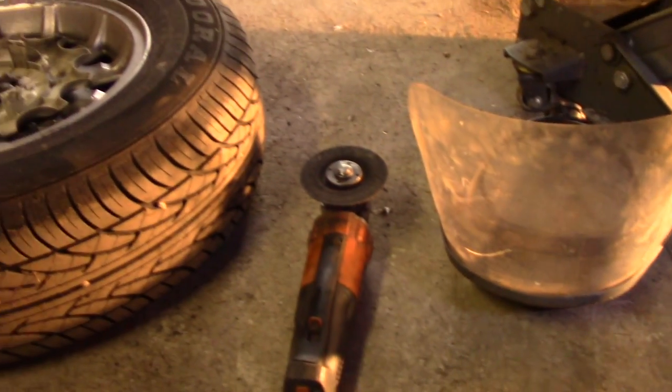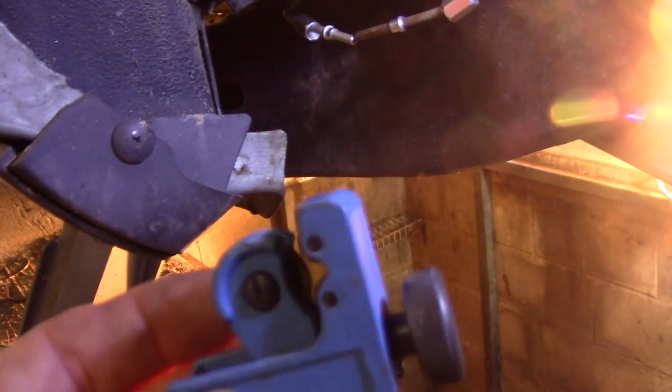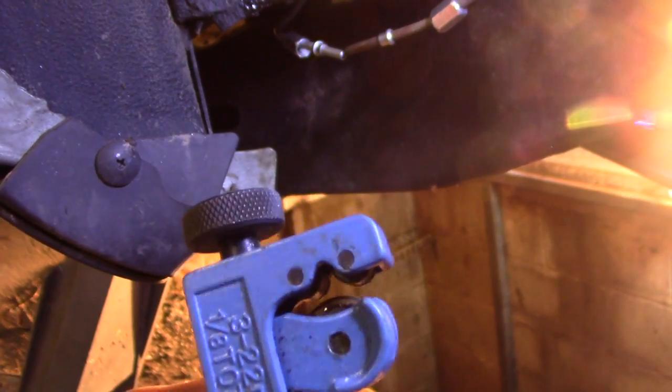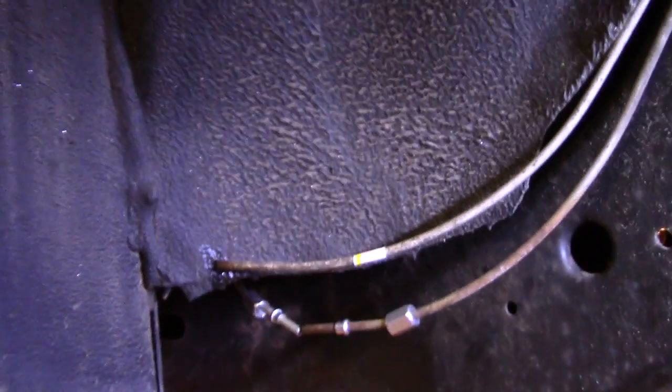I just wanted to point out, you can use this tool here to cut the old line off, but those ferrules aren't going to fit over something like that. It's going to leave burrs. So a little mini pipe cutter does the trick, nice and clean. So I'm going to do